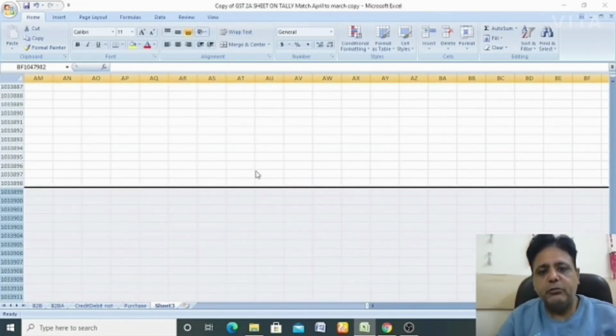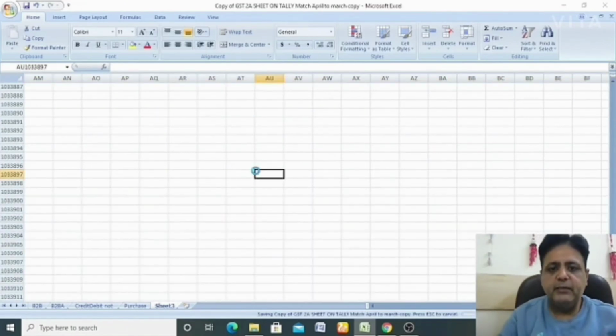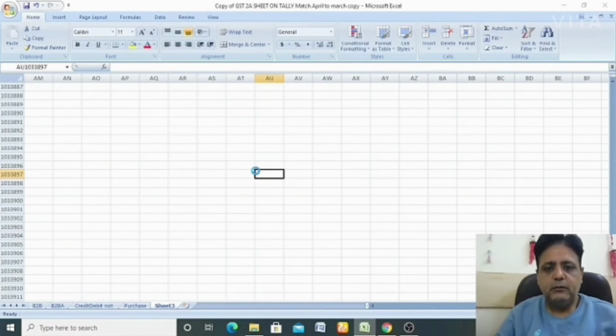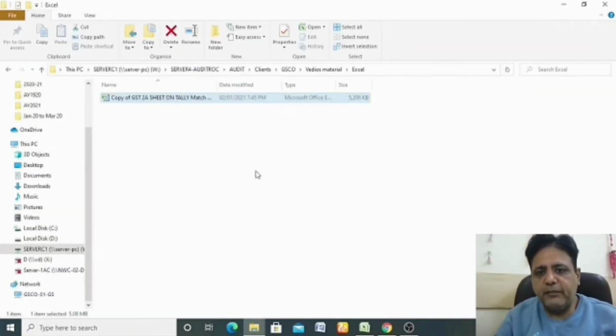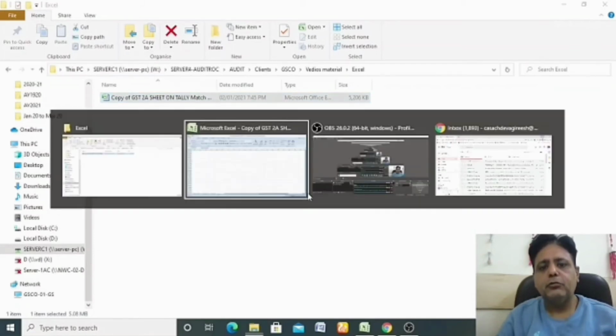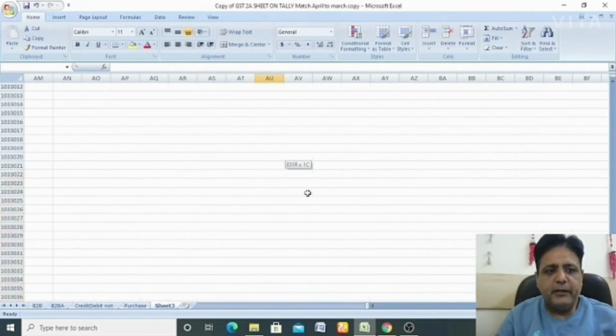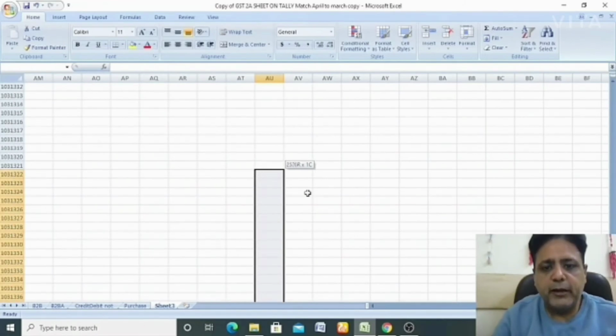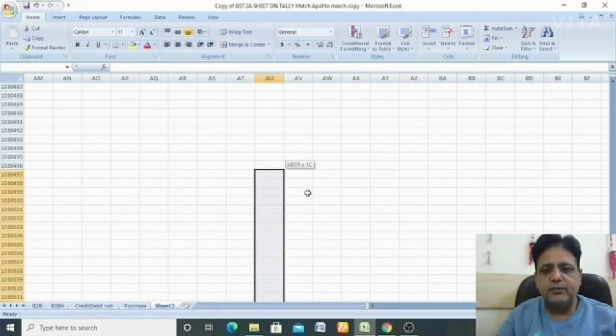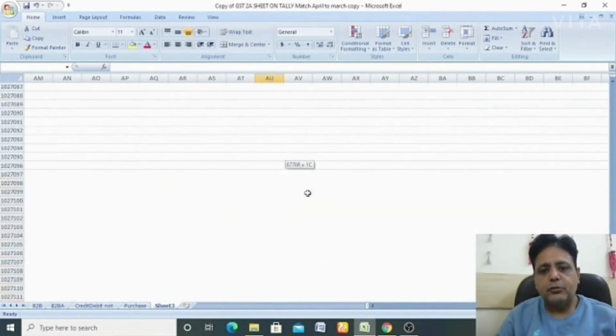When I delete those rows and save it again, the size of my file starts getting reduced. Earlier it was 5.4 or 6, now it has become 5.2. So when I completely delete those rows which are not required, where there was no data and I just went there by mistake, the size reduces. I'll show you.